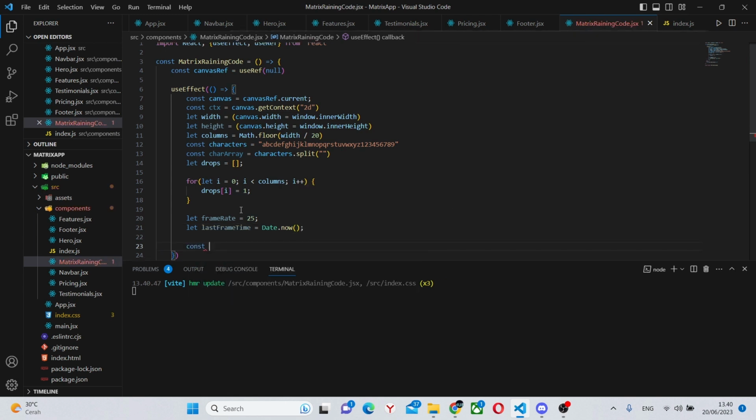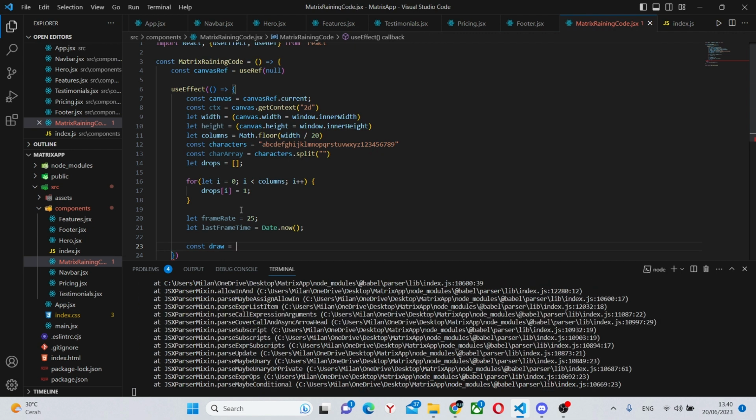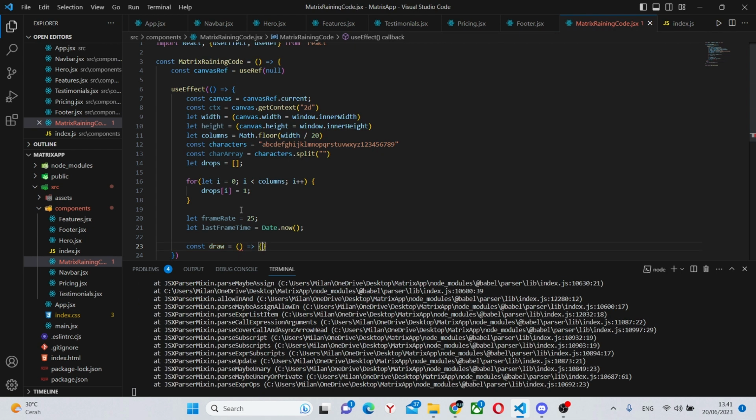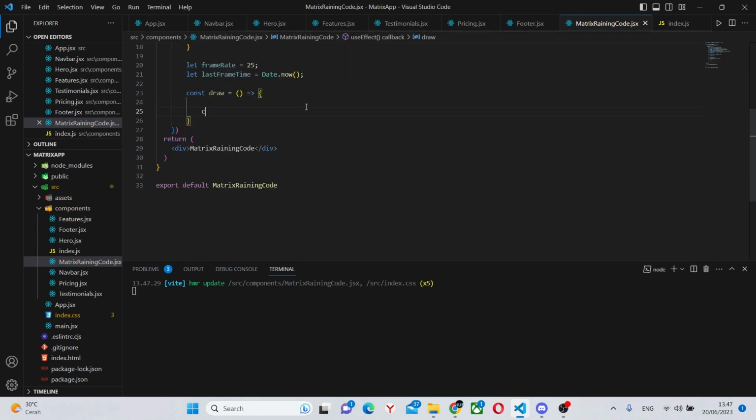And now we're actually going to be creating the whole animation with the draw function. Equals, like this. In here, what we'll do is say ctx.fillStyle and say equals rgba 0.04.